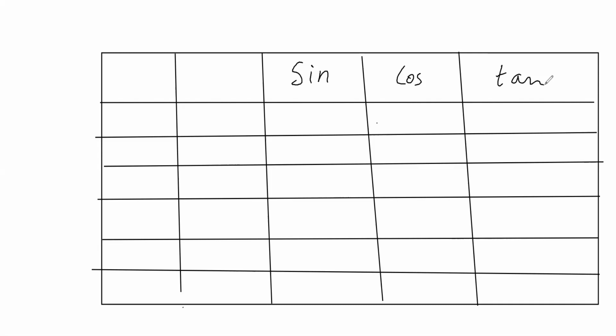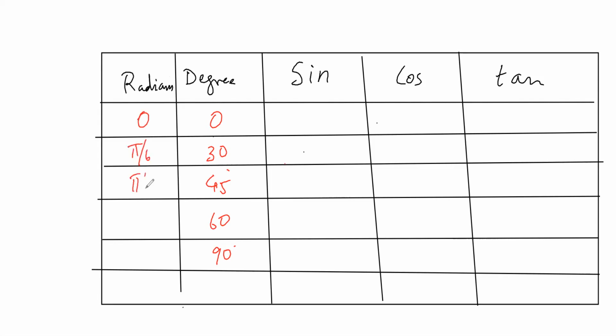Correct. Now I have to put in degrees, and this is in radians: 0, 30, 45, 60, 90. I put one extra column, that's okay. So radian means what? 0. Then what will come? 30 is pi by 6, 180 by 6 is 30. 180 by 4 is 45. 180 by 3 is 60, pi by 3, and pi by 2. 180 by 2 is 90 degrees.